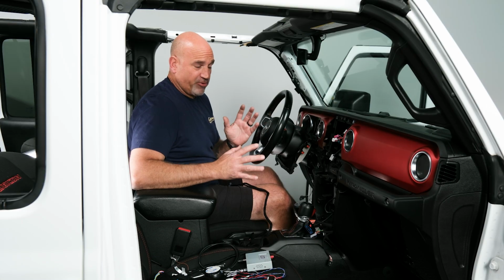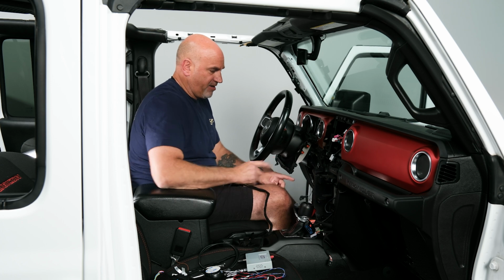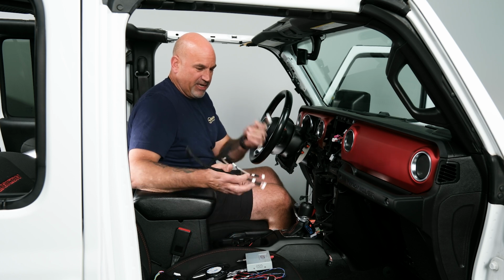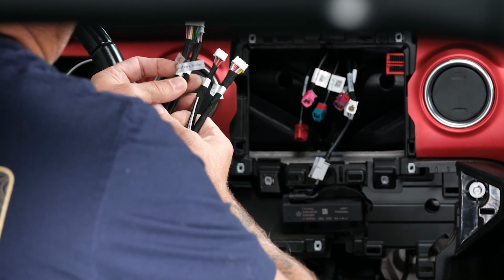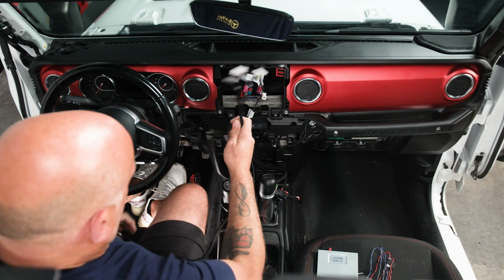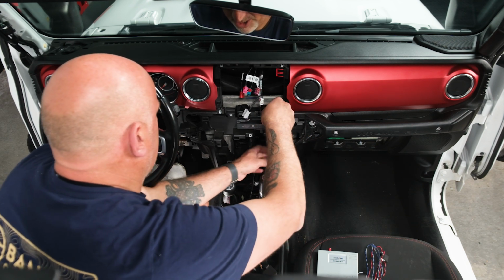So now we need to start running some cables to different areas of the Jeep. We'll have some going towards the passenger side glove box area, and the rest will go over underneath. So first I'm going to start with running my display cable. You'll notice that one side says head unit side, the other says the display side. So obviously we're going to want to have that up here. So we're going to just slide the side that says head unit side down the side of the dash,